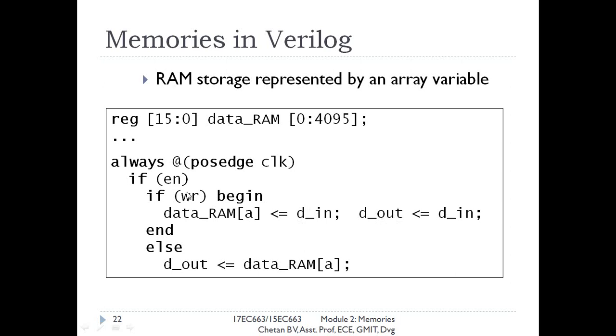Suppose this write control signal is 0. We have to perform a read operation. So in the else part, we are fetching a location's data, data RAM of A. What is this data RAM? Again, the array we have declared. So we are accessing the location pointed to by this register. This address will act as the index, so this can be any value between 0 and 4095. So if this is 0, the data stored in location data RAM of 0 will be fetched and it will be applied to the output Dout.